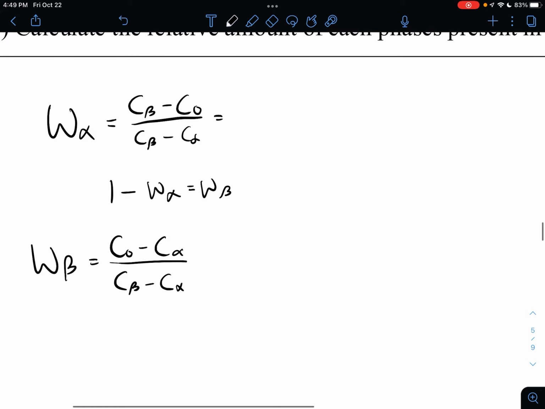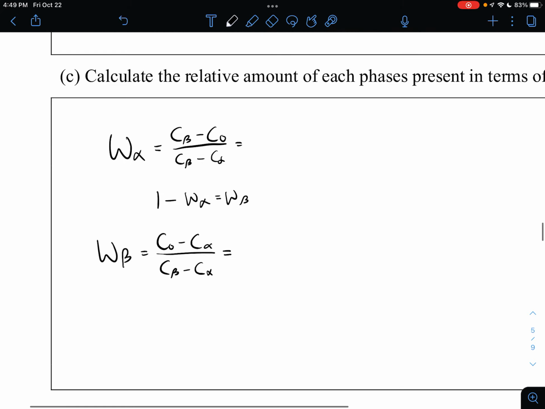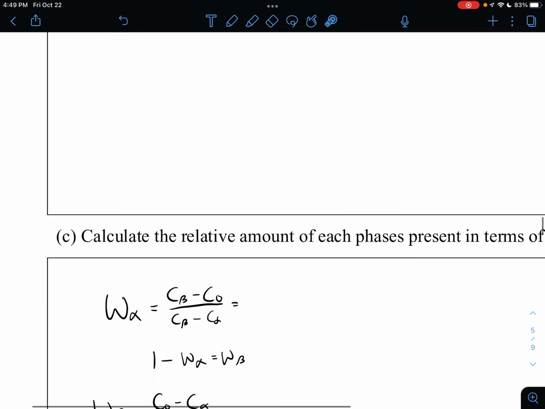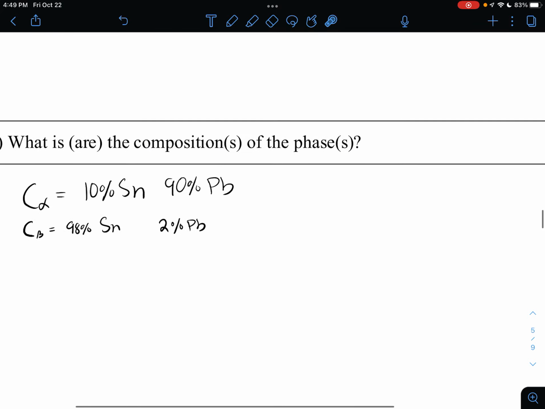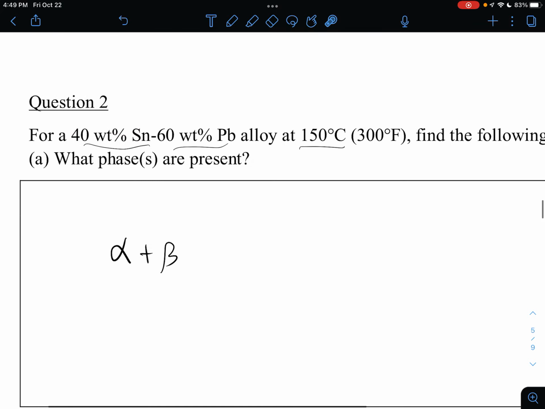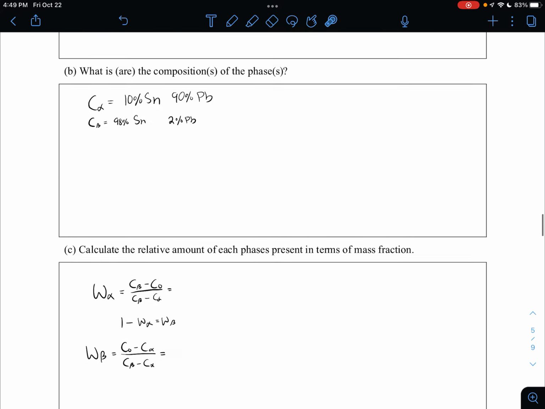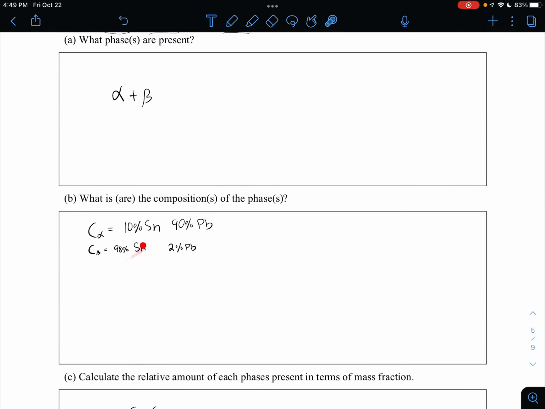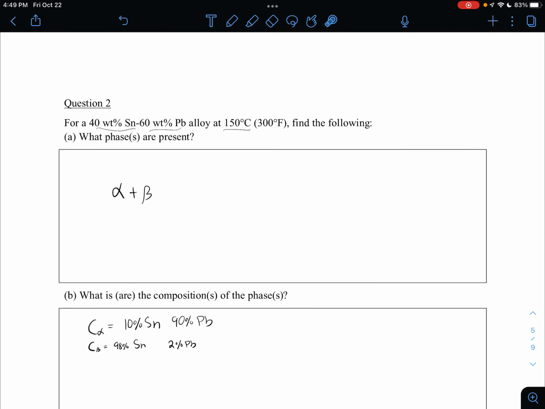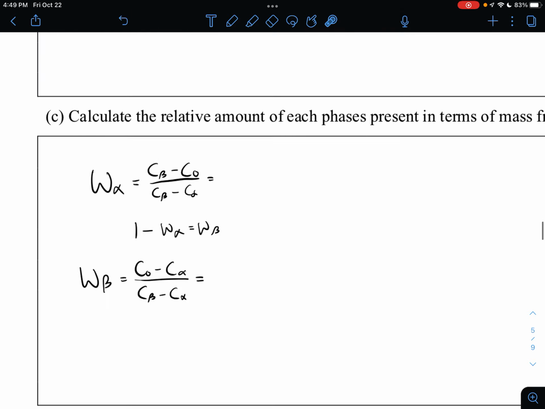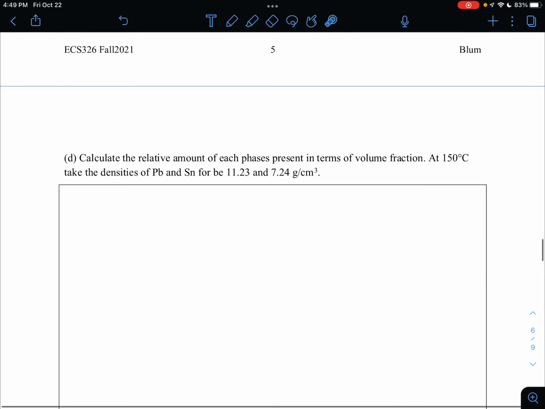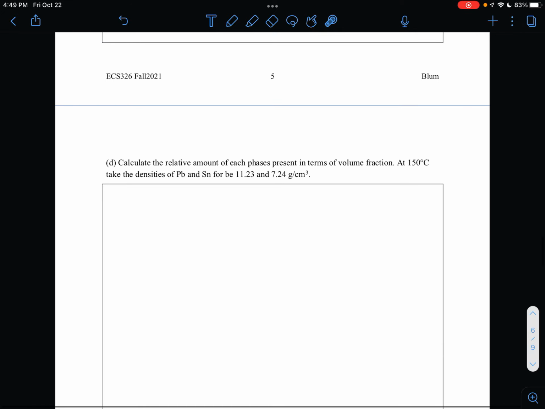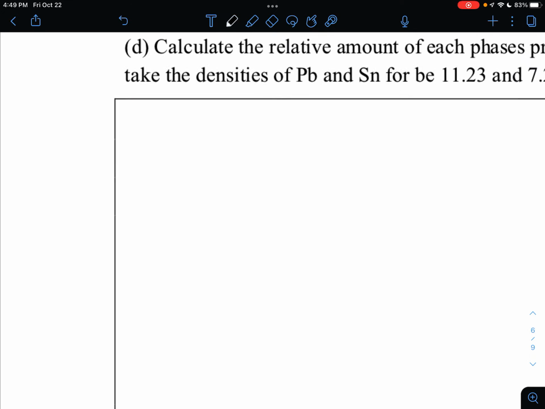So these are going to be our two formulas, and you can plug in for each of those because we already have our C alpha, C beta, and our C naught was given by the problem, 40%, right? You're going to use the numbers like the 98 and the 40 and the 10 for these, and it's going to give a decimal answer, which you can then multiply by 100 if you wanted it in terms of a percent. Now the volume fraction,